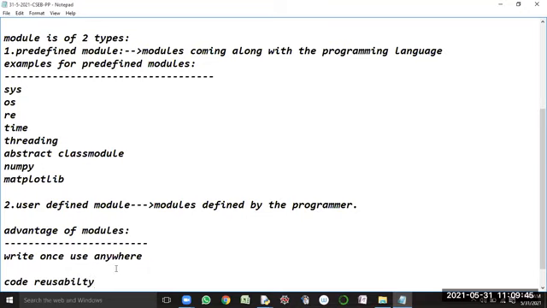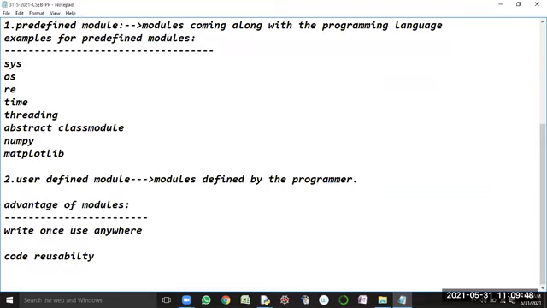Are you understanding? Advantages of modules: write once, use anywhere. It satisfies the concept of code reusability, instead of writing the logic multiple times. If I define some logic as part of a module, and it is required in another part of the program, you can consume it with the help of modules. If some code already exists in the form of a module, let us suppose I am writing arithmetic operations